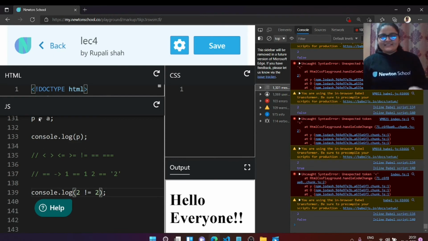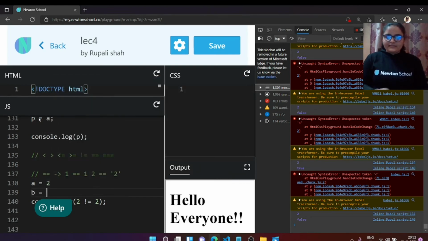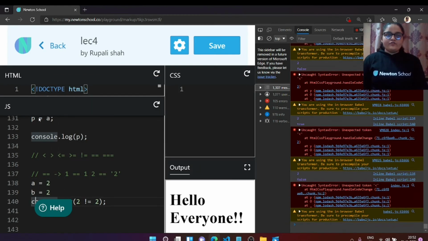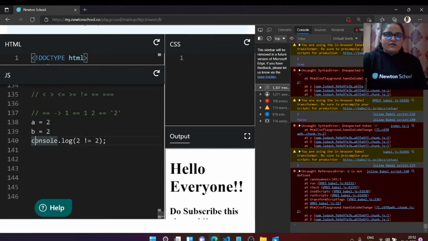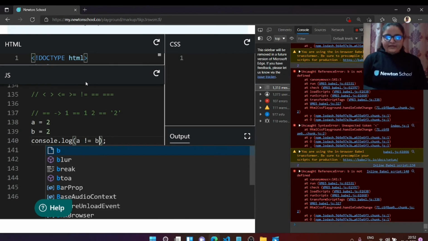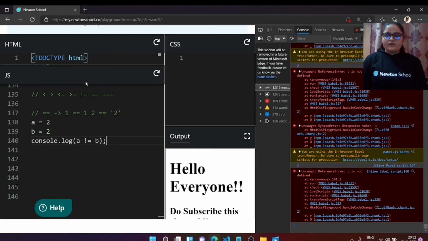Right now I might sound stupid to you, but suppose these are in variables like a is equals to 2 and b is equals to 2, and we want to compare two variables, this a over here and b over here. So yeah, now it will make some sense.